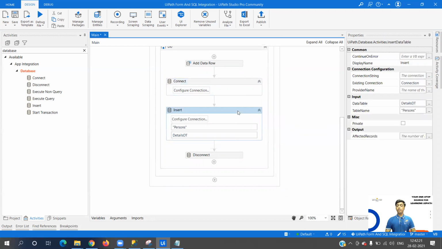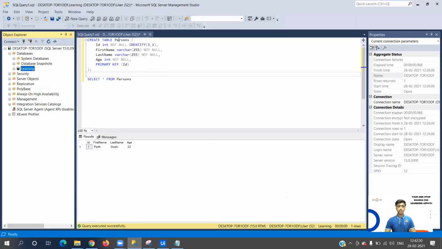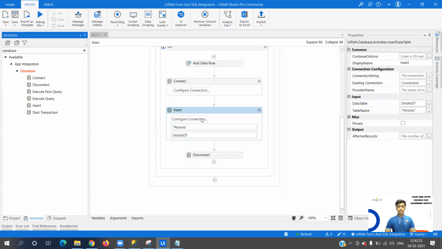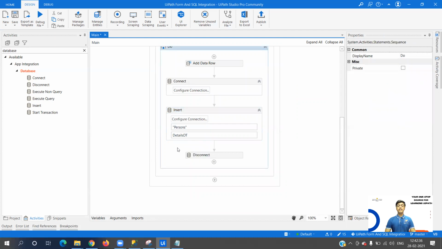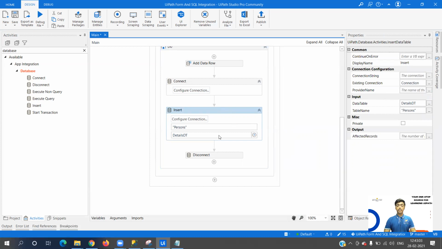Now in the insert query, again you need the connection. In the insert activity you need again the connection, so we are doing that. Now my table name is person, as we can see over here, and the data table that I want to insert is details dt. Now why have I used this particular method and not the query method? I have used this method because you see it just completed in one step, and even if I don't know how to write a SQL query, I will still be able to insert the data by just adding the row and passing the data tables. Only the one condition always that will be there is the data table column name should be the same as the SQL table column name. So I've used this insert query, I have passed the connection, the table name, and the details.